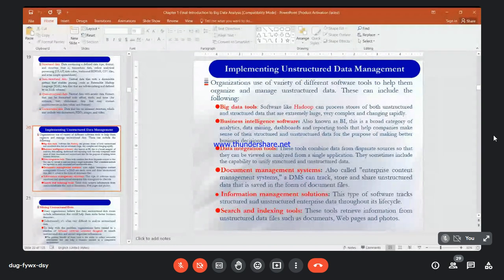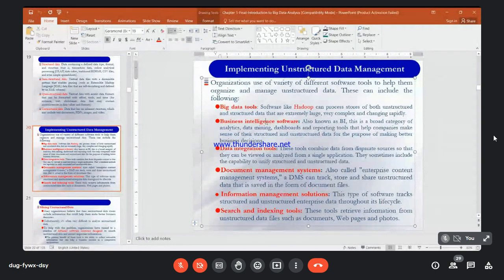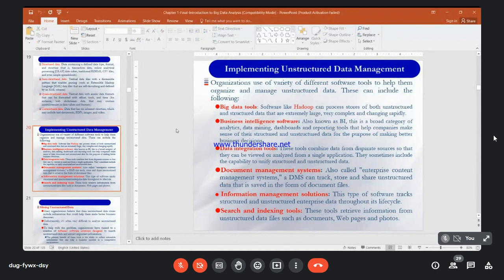Business intelligence software in parallel is a software that is used for giving analysis about the business situations. Data integration tools in parallel are used for integrating different relational and non-relational data sets. Information management and search and indexing tools, these all are tools that are used for managing big data documents.